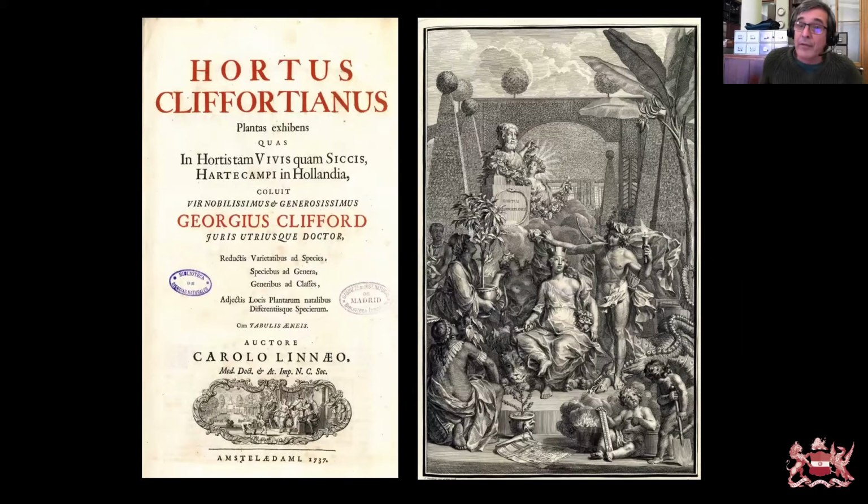Now, Linnaeus's works were groundbreaking for many, many reasons. He was, for example, the first person in Europe that we know of, along with the head gardener, to successfully flower and fruit a banana. Here we have a banana plant in front of this frontispiece for his very, very important work, Hortus Cliffortianus. And the reason this book is important is because it exemplifies a period in Linnaeus's life where he left Sweden, he traveled to the Netherlands, where he formed many long-standing personal and professional connections with Dutch botanists and scientists and other people from around Europe. But he also encountered George Clifford, who entreated him and encouraged him to come and work for him in his own personal garden and